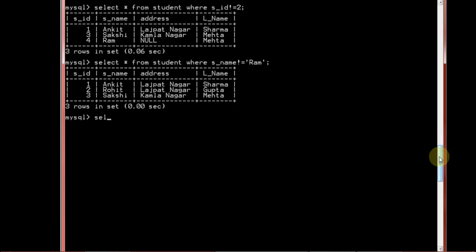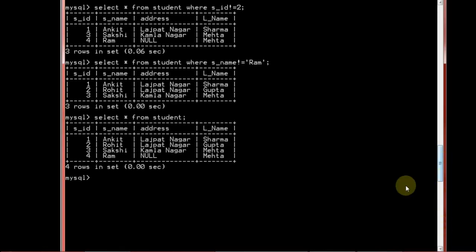So first I want to see the records from the table. Select star from student. So yes, address is null over here in my table. I just want to check whether there are any null values or not. So I want to write select star from student where address